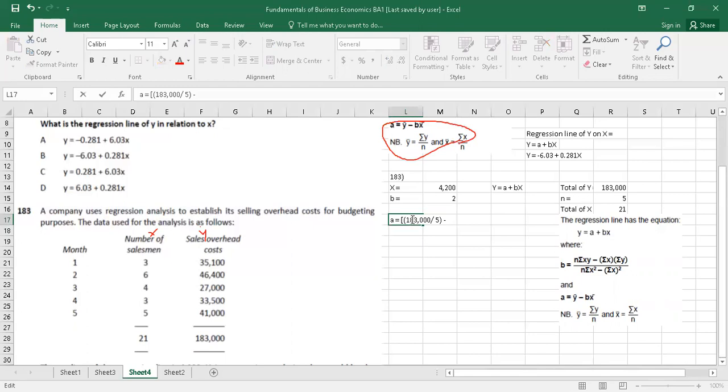So b is equal to 2 into sigma x by n. X bar is equal to sigma x by n. So sigma x we have it as 21, 21 divided by 5. So a is equal to